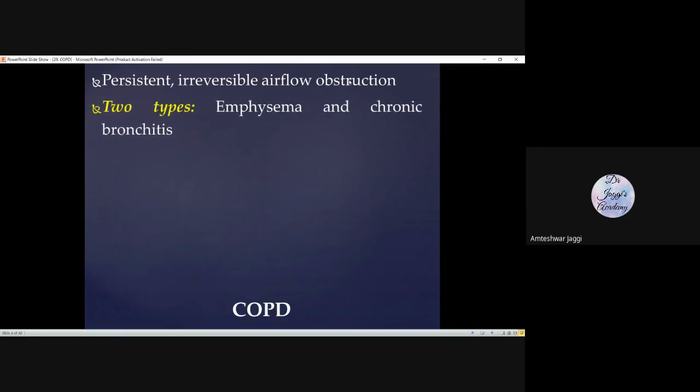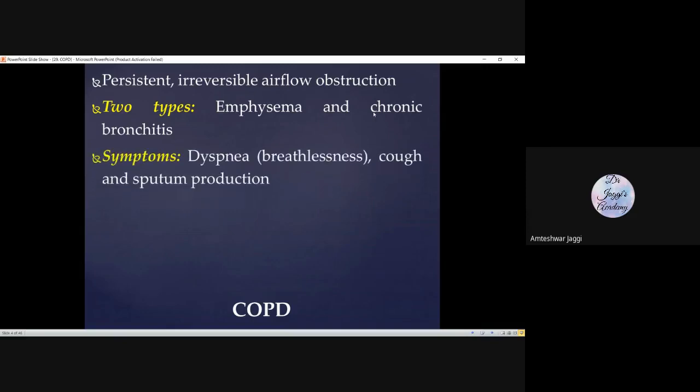And we can say COPD is of two types. Number one, emphysema, and second, chronic bronchitis. Two types of COPD, emphysema and chronic bronchitis. Now, if anybody asks what is the major feature of COPD, and you have to tell one single most important